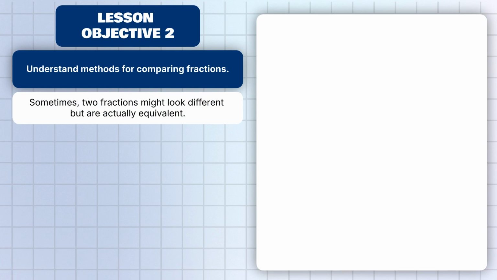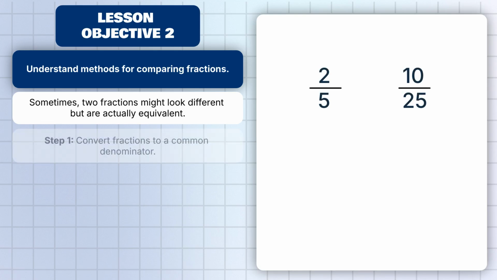Sometimes two fractions might look different but are actually equivalent. Let's look at comparing 2/5 and 10 over 25. First, we need to convert to a common denominator for clarity. Although one way to see they're equal is direct multiplication, let's find the lowest common multiple of 5 and 25,